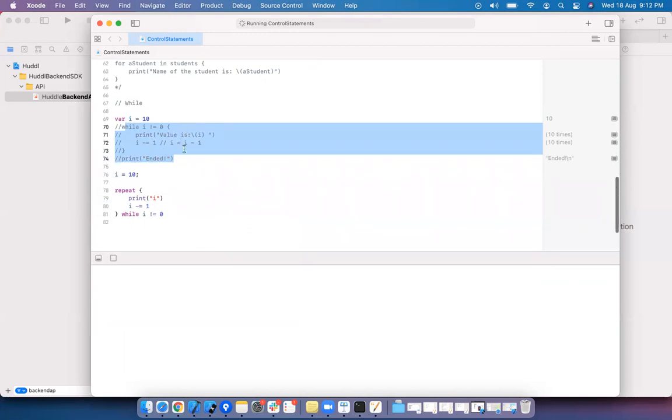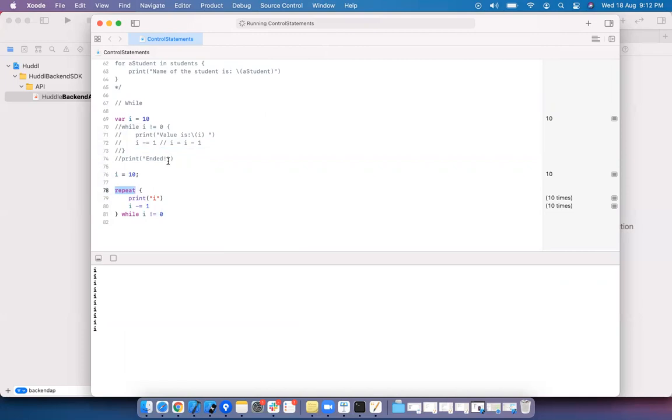Same thing we are doing here. Here also we are having a condition. Only thing is repeat is extra, and we are doing i equal to i minus 1. Here also we are printing the value.